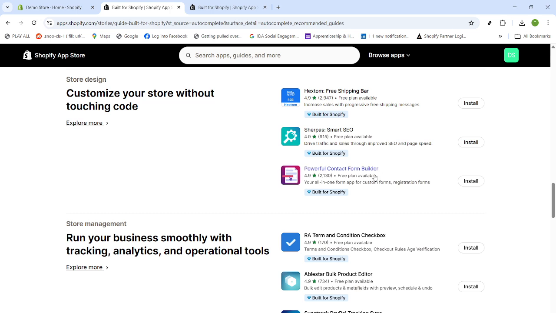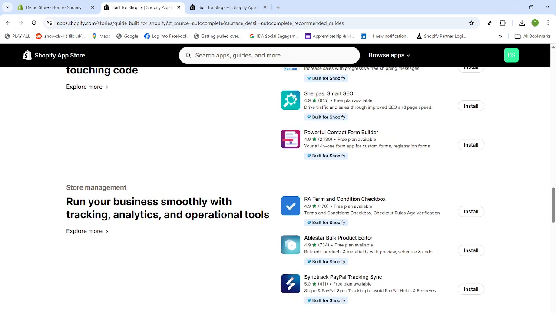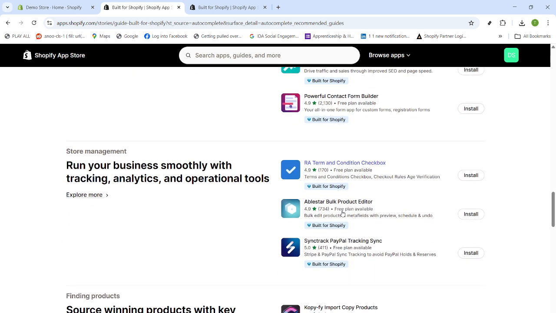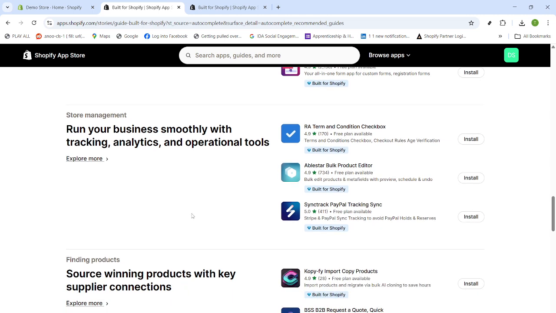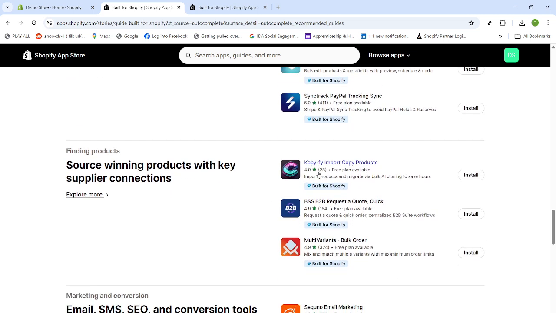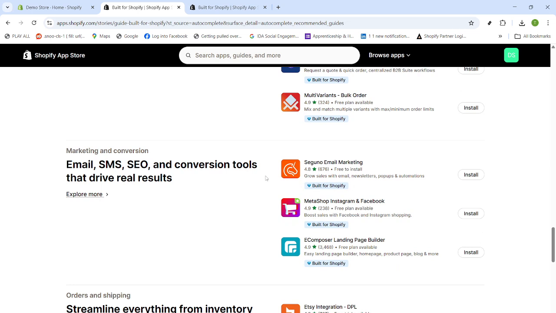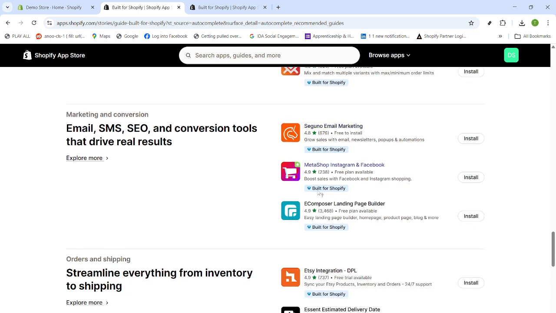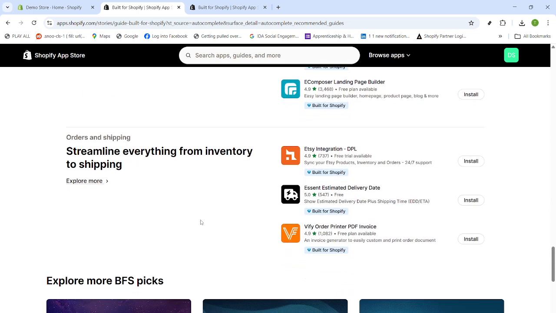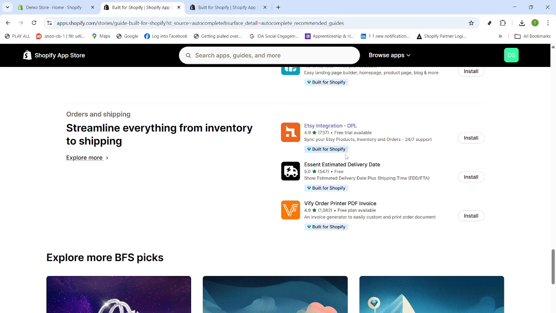Store management and "run your business smoothly with tracking, analytics, and operational tools" is where many help desks, ticketing systems, and automation tools live. Finding products and its supplier guides can show supplier communication helpers, while marketing and conversion, plus email, SMS, SEO, and conversion tools surface messaging platforms that double as support for order updates and quick replies. Finally, check orders and shipping, and "streamline everything from inventory to shipping" for returns portals, tracking pages, and self-serve support